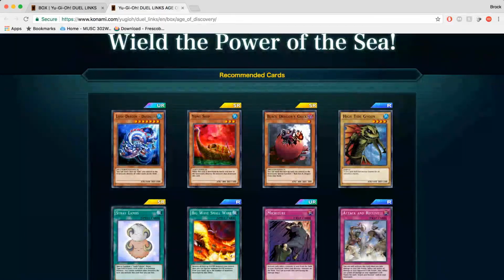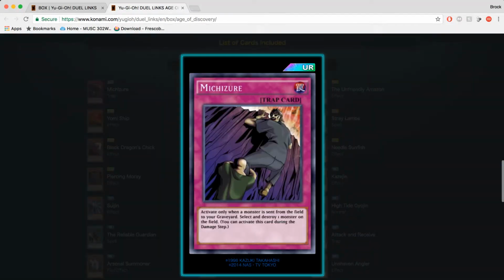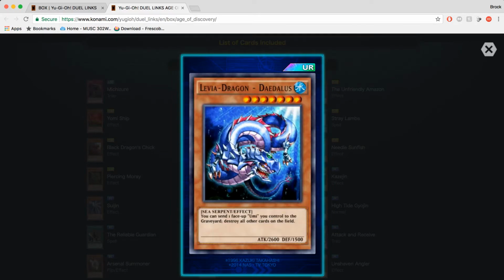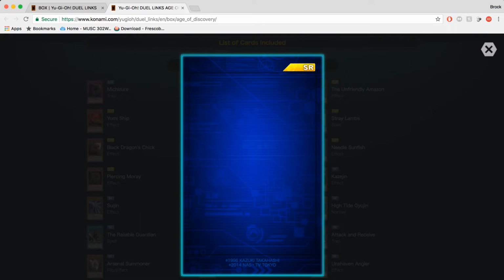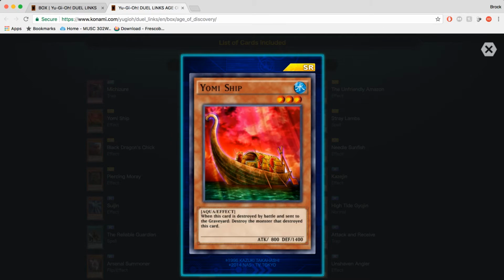So this one is called Age of Discovery, and this came back also May 17th, I believe. Yeah, May 16th. Okay. Let's see. Michizori. I would probably say no. Levia Dragon Daedalus, no. Nope. Yomi Ship, not really, because of Cyber Angels again, and it just not being that good of a card. It has to be destroyed by battle. There are many ways to destroy cards now, so...